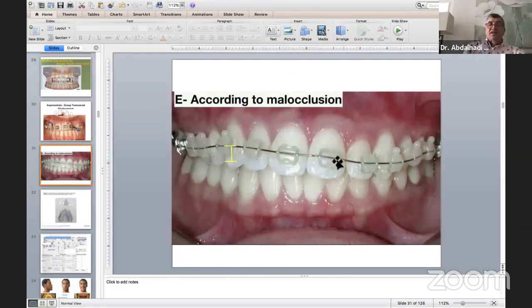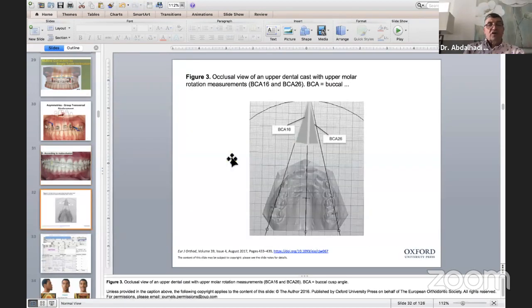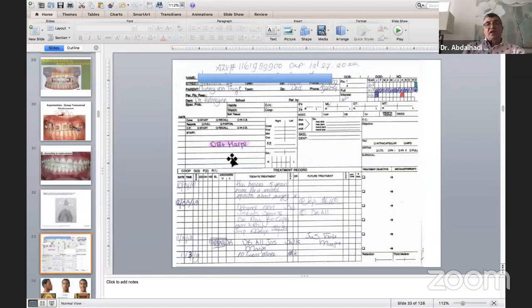And also, when you place your braces, take into consideration that you have here a canting, so you change the position exactly of your teeth to help to correct the canting. So this is my patient. I make this a small introduction to help you to see what is asymmetry. So this patient has had braces for 5 years, and he came for a second opinion.